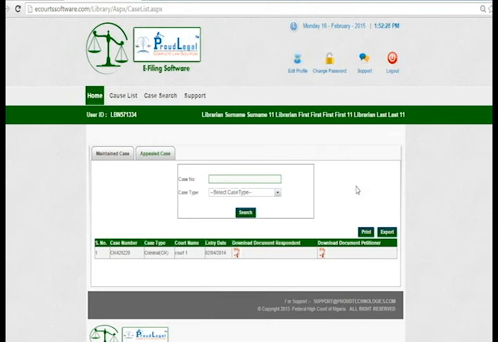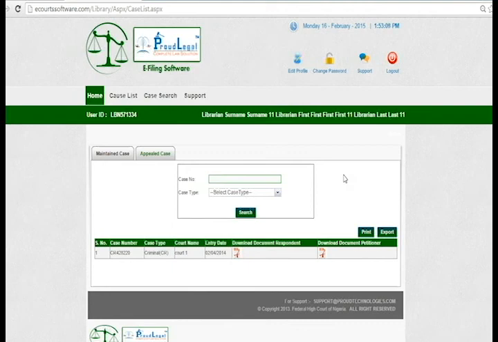So this is the case details, and if you wonder why it is coming into the appeal section, it is because the petitioner or respondent of this case want to appeal to the next higher level. That is why it is showing in the appeal section. Alright, if the case is going from library to appeal section, they can download their respondent document or the petitioner document, and they can appeal to the next higher level. So when the petitioner or respondent appeal to the next level, the case will move from library to appeal section.